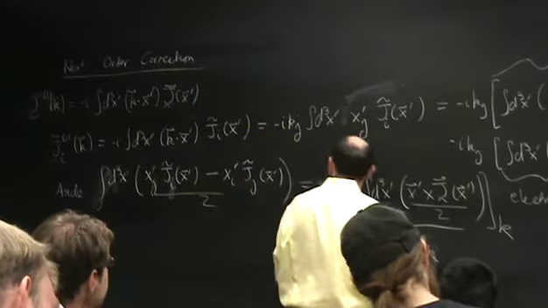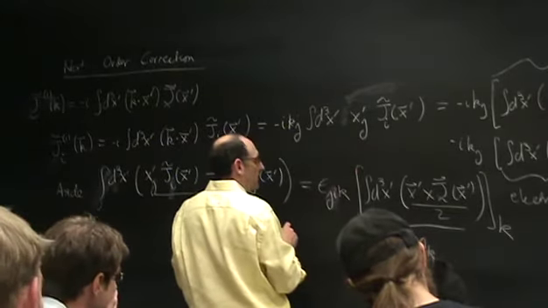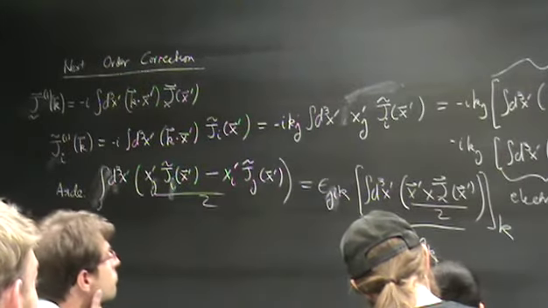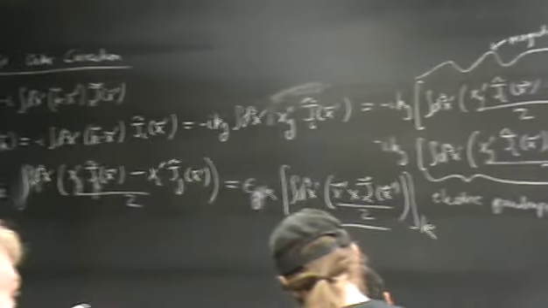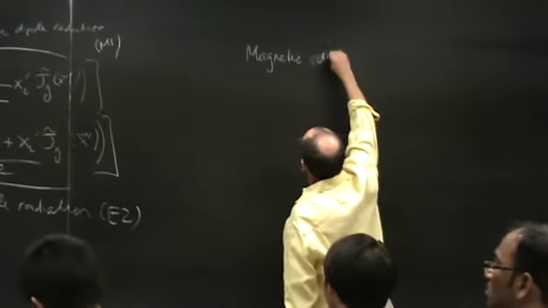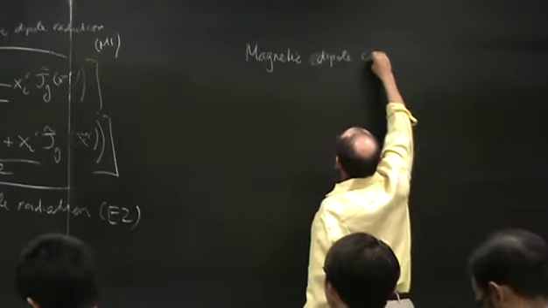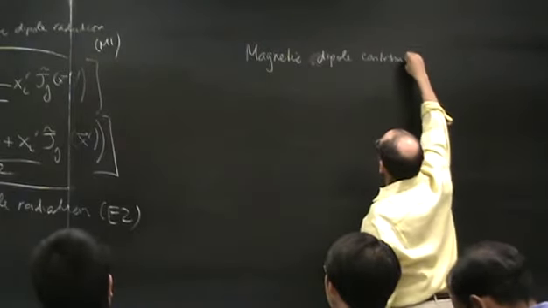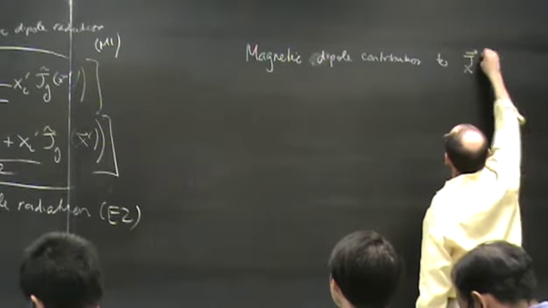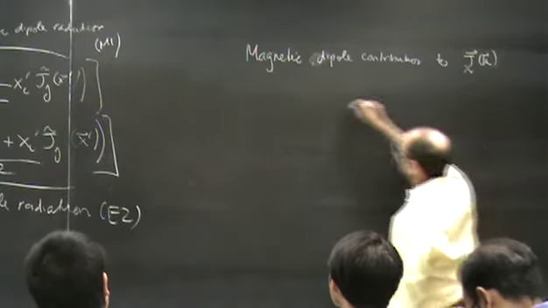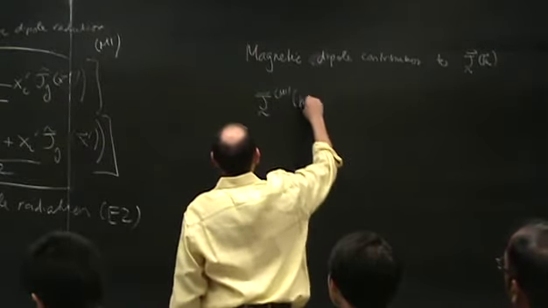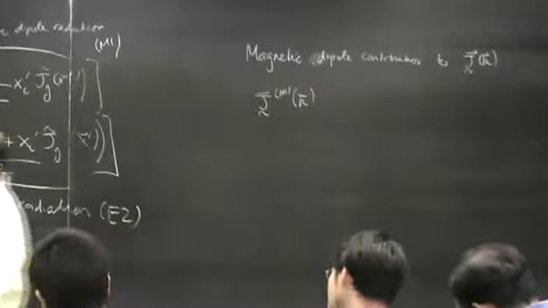That is to say, when we put this together, the magnetic dipole moment contribution to the current, we put these together, we get